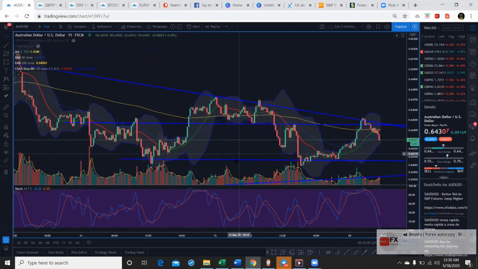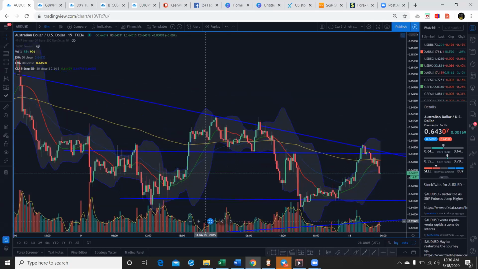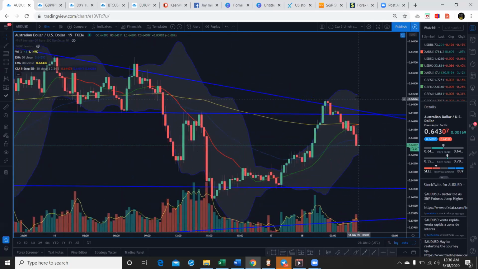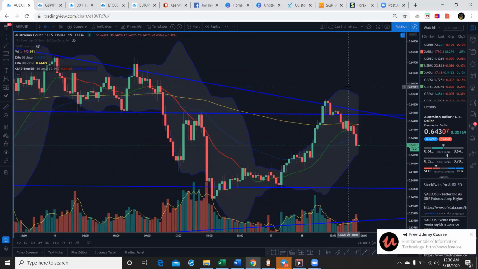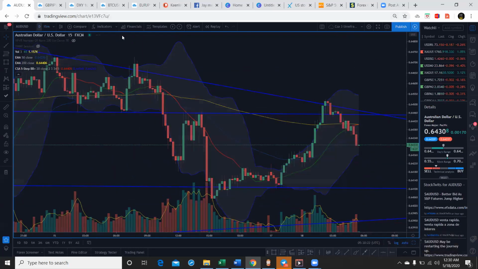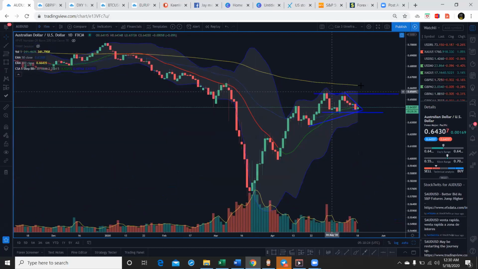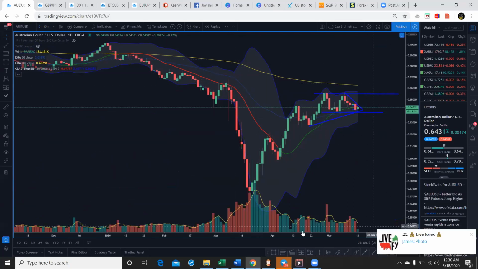So there's no hesitation. Hit the trigger, take the trade to the downside, proper stop losses. If you're going to be looking at the smaller time frame to enter, you can use a tighter stop loss. But if you're looking for a bigger run, you would use these higher time frames and maybe place it above this EMA. You see there'd be something to back the market with. So that was my run through real quick on